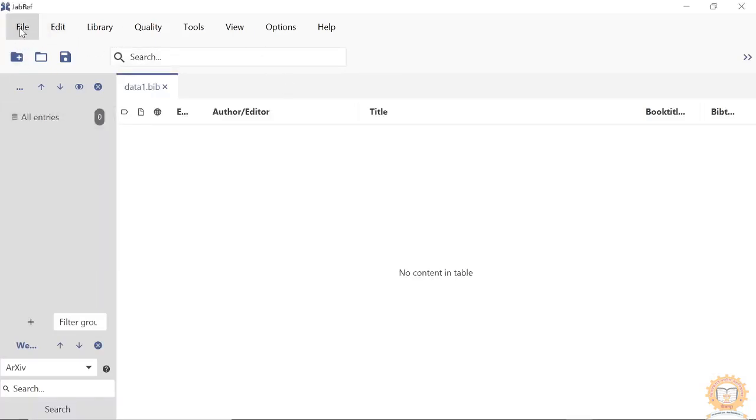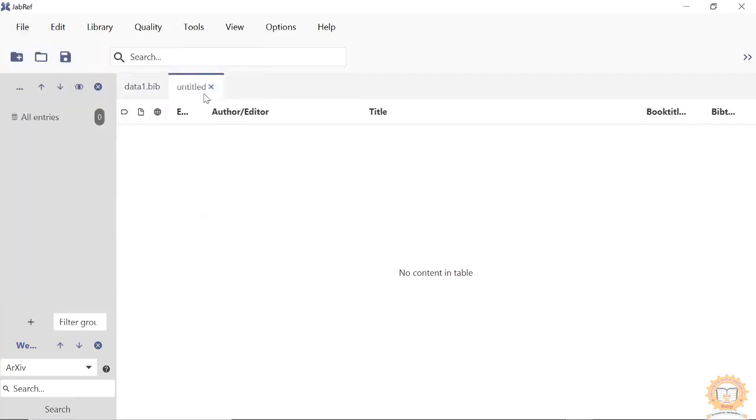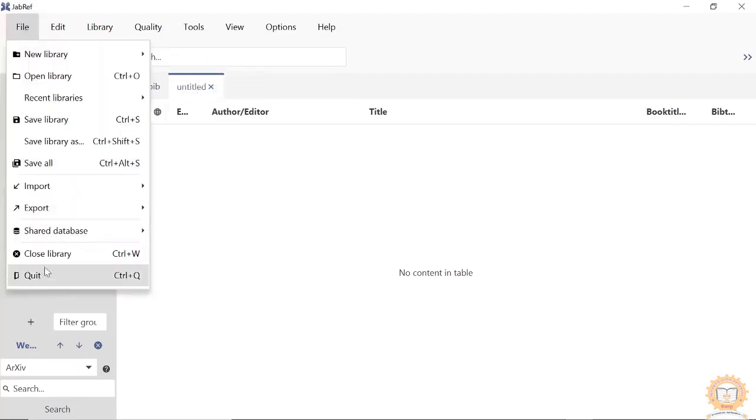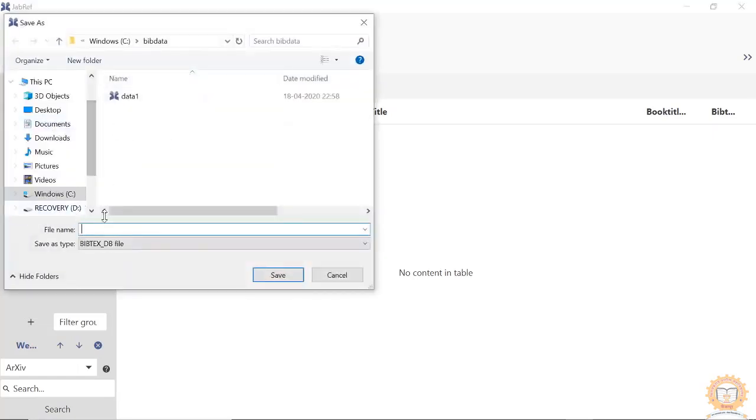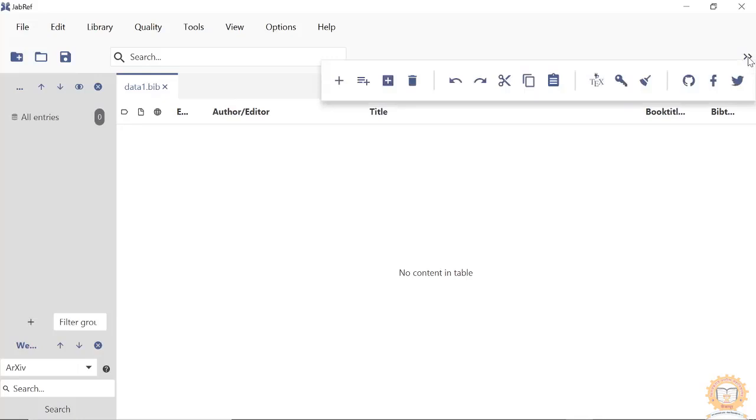First we have to create a library, new library, BibTeX library, and save this to some directory, and preferably save the library to a place where you want to keep all the bibliography data in a single location. You can give it data 2. I am giving it. Okay. So first I will use it in the data 1. So click it here.